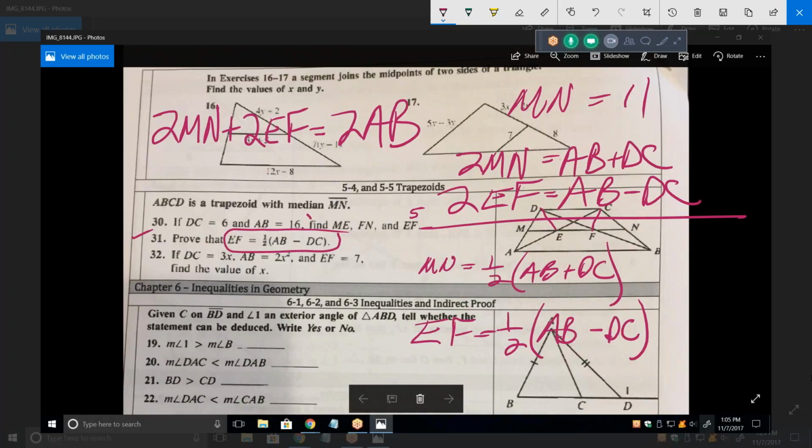Which tells you that EF is equal to MN minus